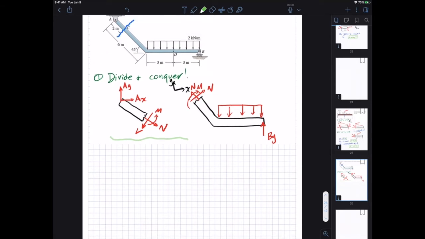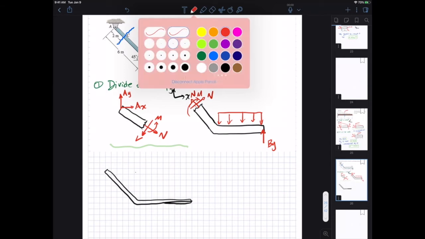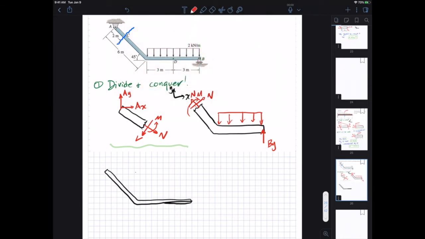Right, so we know we're going to need, let's see, we still need to find AY and AX, right? So we're still going to need to get a free body diagram of the whole thing in order to get those unknowns. I'm going to cheat and use the drawing up here. Maybe not the best. Not so bad. Okay. Again, we have AY, AX, BY,